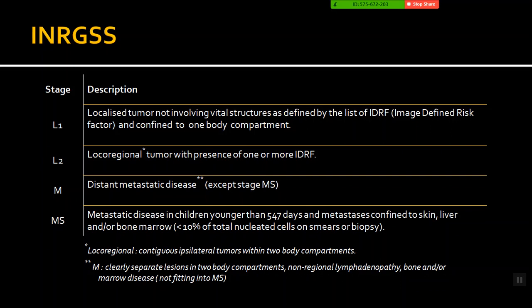And if there are any IDRFs, it is always considered as an L2 disease. So it's very unusual to find an L1 neuroblastoma unless it was detected because the patient went for abdominal pain and then they picked up something. It's very uncommon. Most of the neuroblastomas would be L2. And if there is distant metastatic disease, like to the bone marrow, liver, or distant nodes, it is called